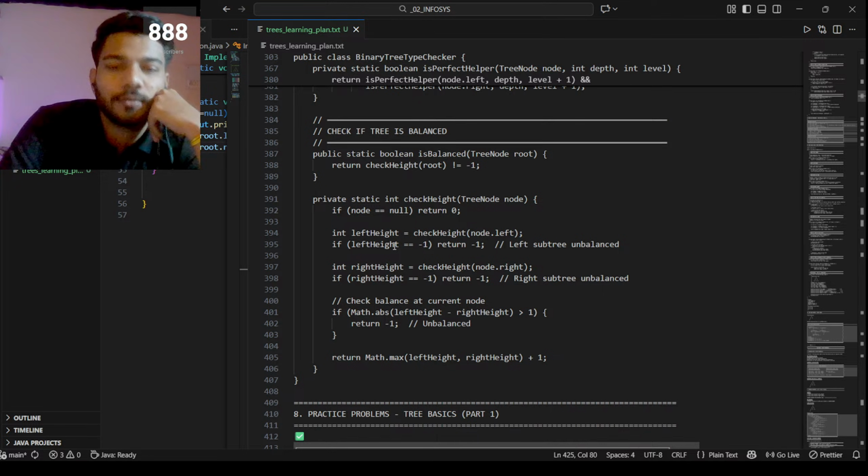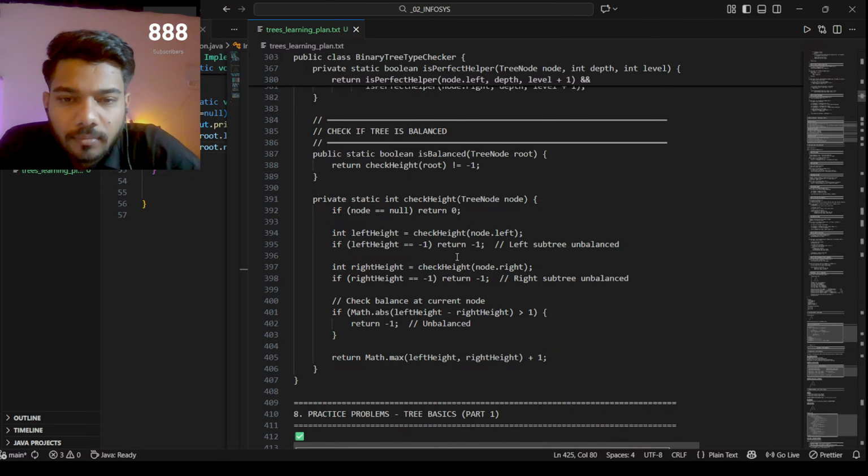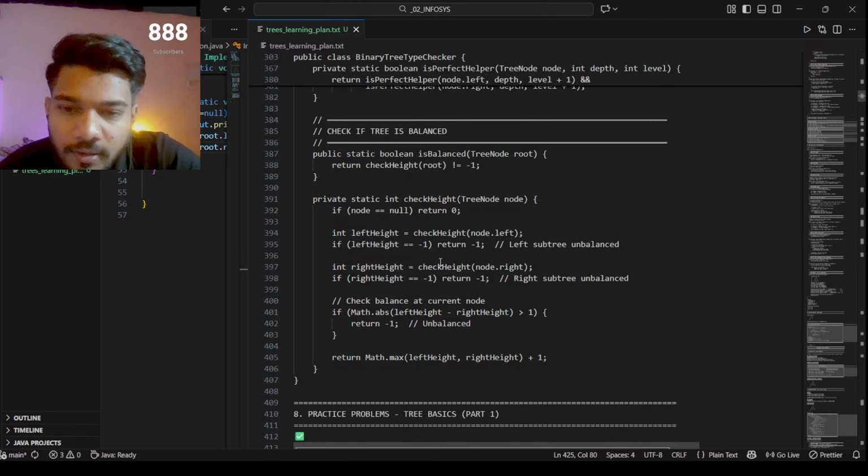Check height of root. If left height is equals to